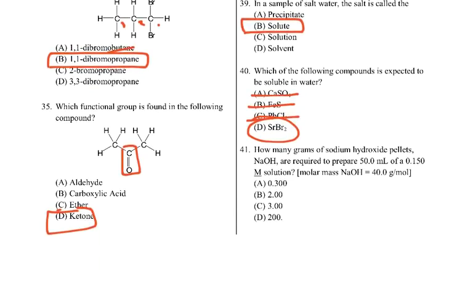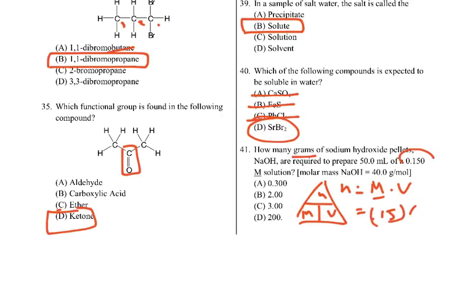41. How many grams of sodium hydroxide pellets are needed to prepare this? Okay, well this is kind of a big problem. So molarity is number of moles over the volume. And we're trying to find how many grams, so we're going to have to find the moles. So moles is going to be molarity times the volume, and molarity is 0.15 molar, and the volume is 50 milliliters, which we're going to change to 0.050 liters, and that's going to come out to be